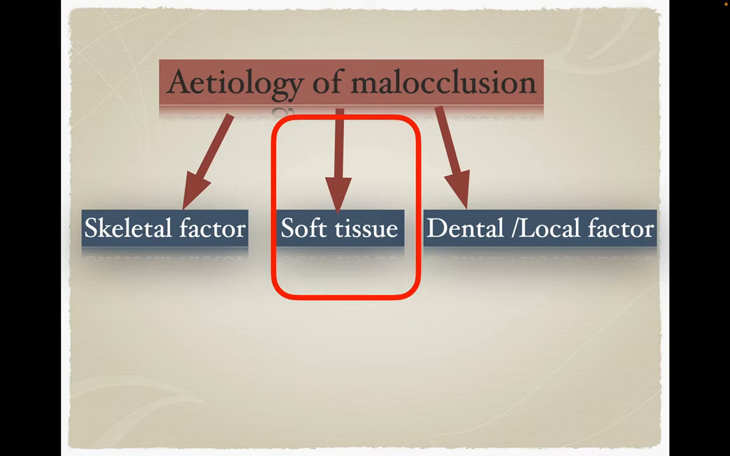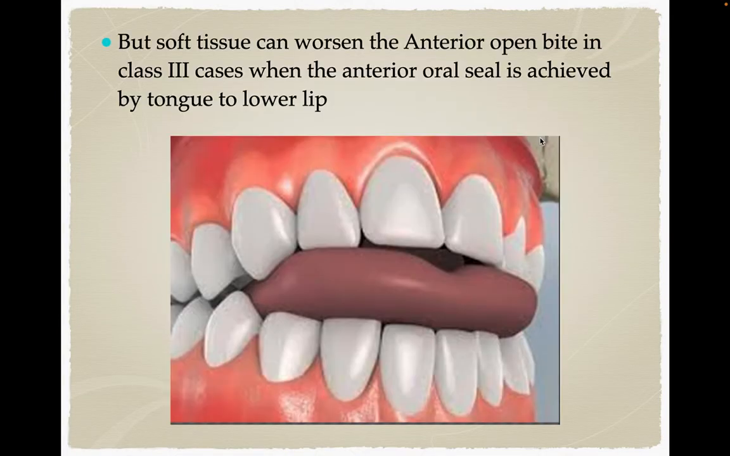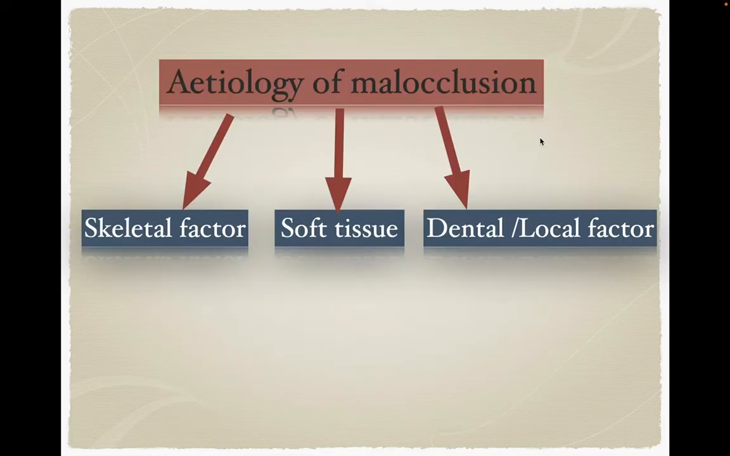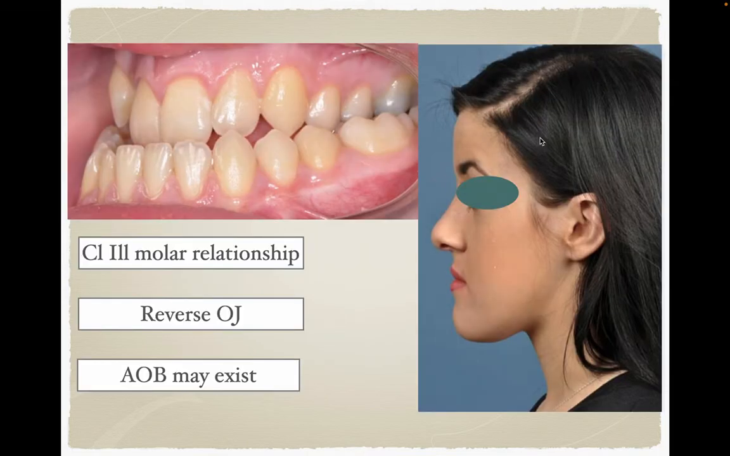Soft tissue in a class 3 malocclusion, usually soft tissues are helpful. They are trying to compensate for the malocclusion by retroclination of the lower and proclination of the upper. However, sometimes when a patient has a tongue thrust, if they have a posterior growth rotation, that will worsen the malocclusion. So about the dental features,